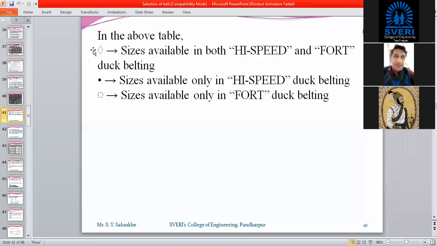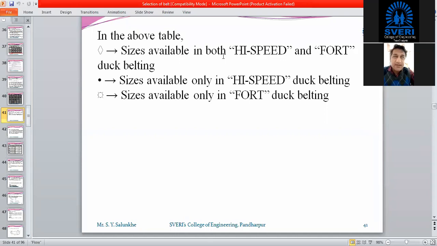Diamond means size available in both high speed and front. If you select that particular size, then it is available in both of the types which we have seen previously, which has been decided by Dunlop. Then dot means size available only in high speed. This is the width size available for the high speed only.